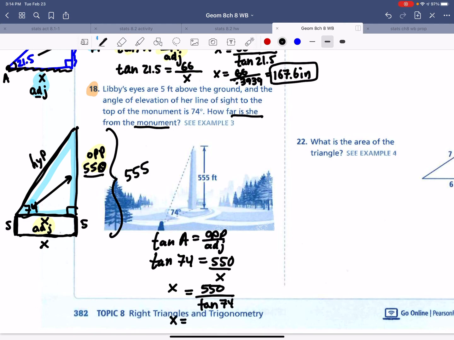So let's find out. 74 tangent. So we get 8.602. Okay. And we'll do that. And I get our answer, 63.9. So I think that makes sense. If this is 555 feet tall, then the distance this is far away is